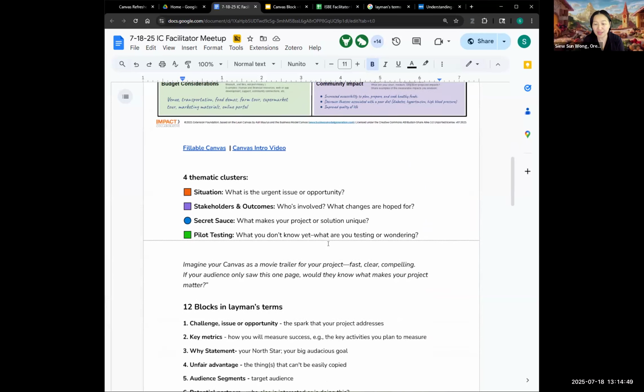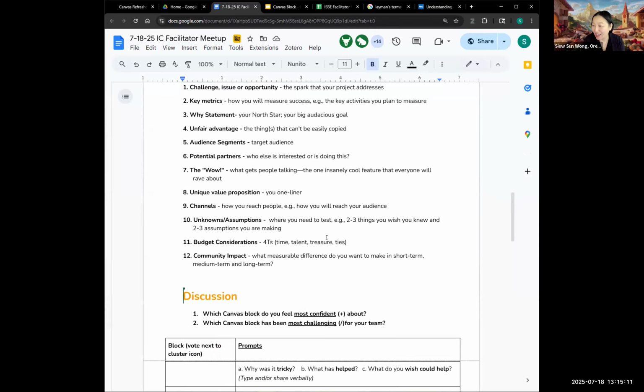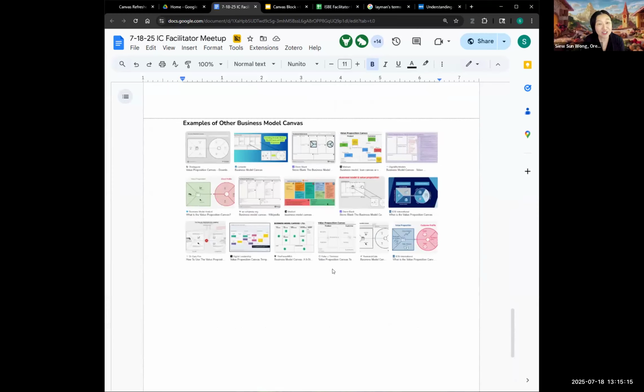I like to invite you to imagine the canvas as a movie trailer for your project. Fast, clear, compelling, right? If your audience only saw this one page, would they know what makes your project matter? I want to scroll down here to show you a quick search result of the business canvas model.